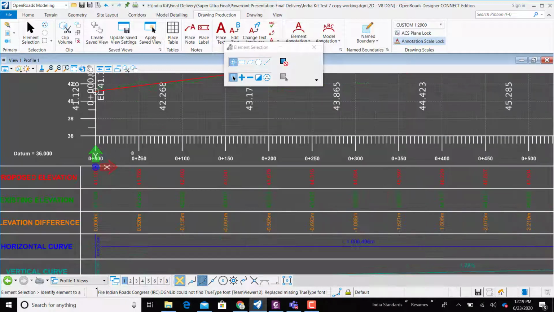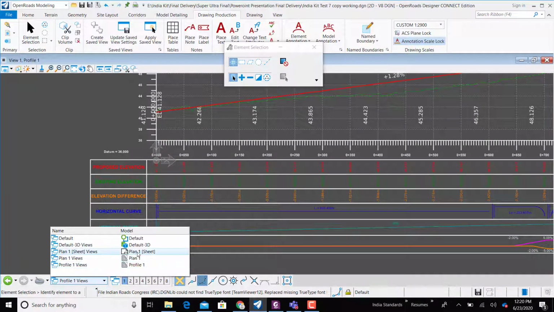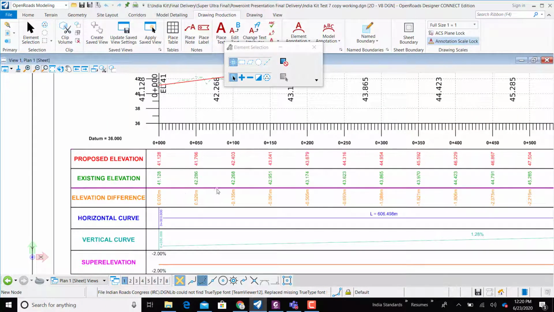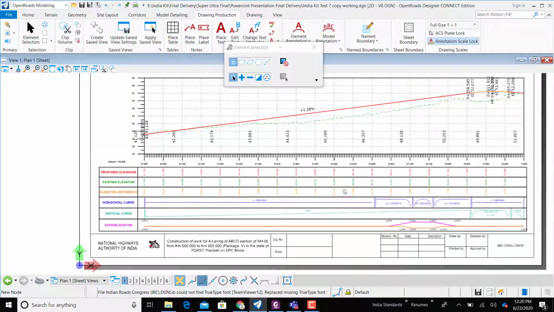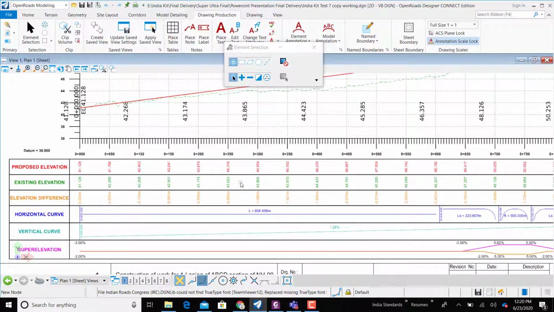You can see I've changed the annotation group interval from 20-meter interval to 50-meter interval, and I'm getting the same reflected in my drawing. Since the drawing is attached or referenced to your sheet model, within the sheet model it's dynamically changed and updated. This is the case with all the sheets, if you select yes,